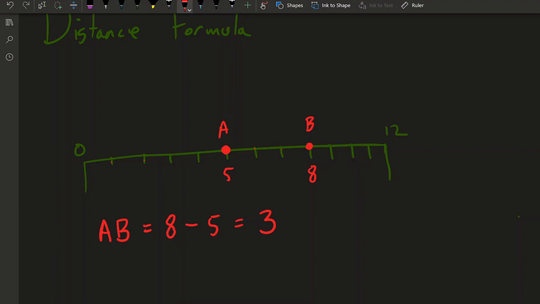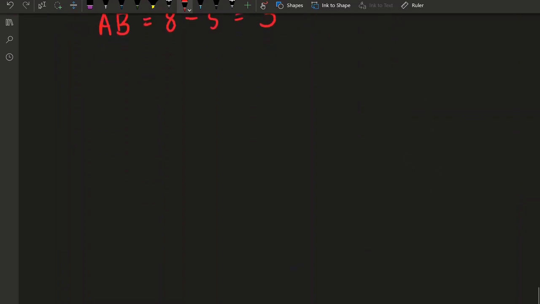Now, the ruler postulate is all well and dandy as long as we're dealing with points that can be connected with a horizontal or a vertical line. However, that's not always the case. So, what if we had